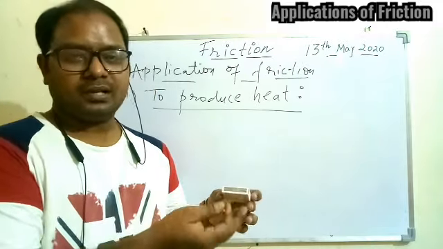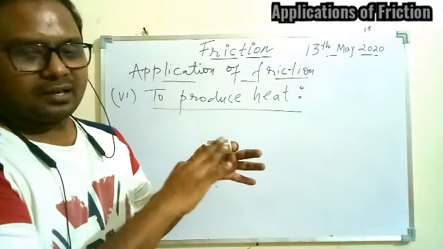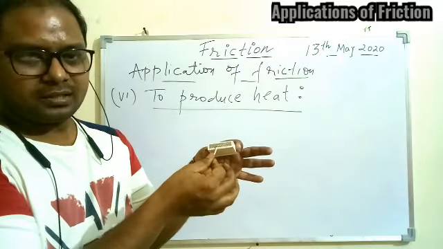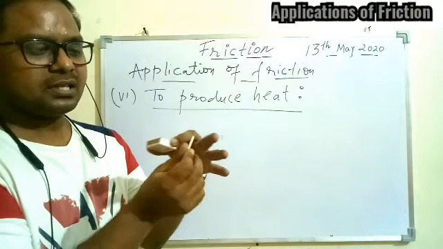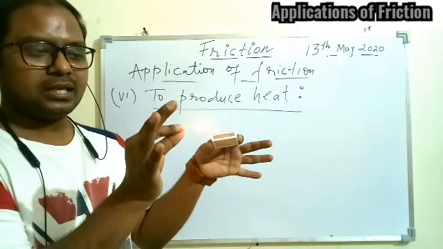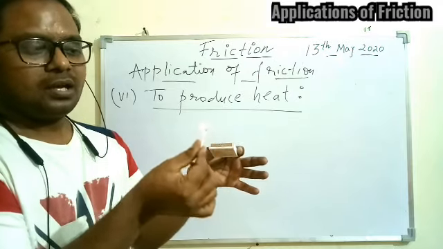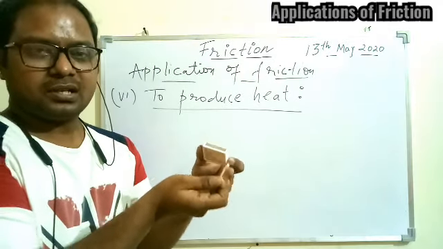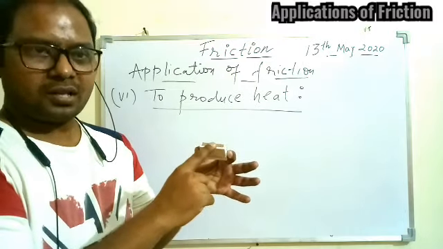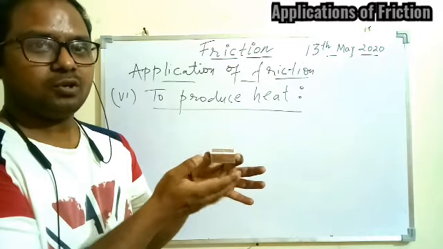The chemical composition we learn in one of the chapters, but for friction one thing is clear: this surface is quite rough and it will have friction with the matchstick. That friction helps to produce heat, and that heat is enough to start burning. How the matchstick works we'll discuss in one of the chapters, not today. The only thing is, if there is no friction, that is, if you apply oil on this surface, then the matchstick will not work.